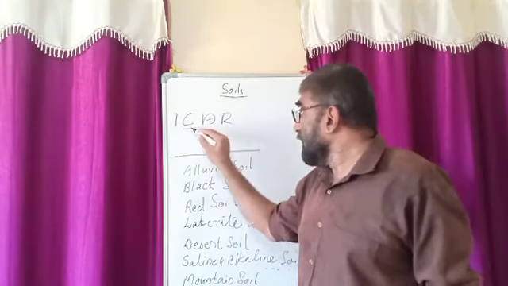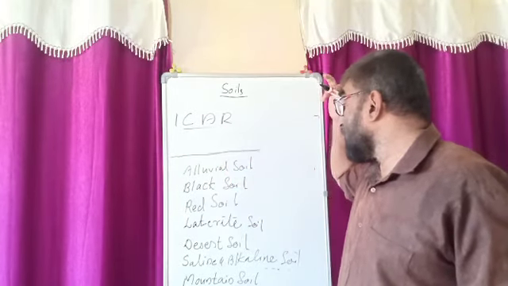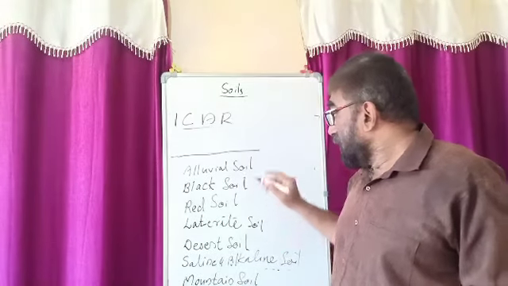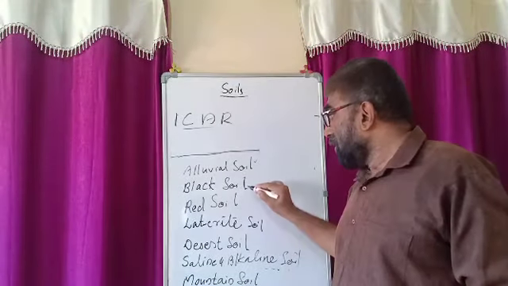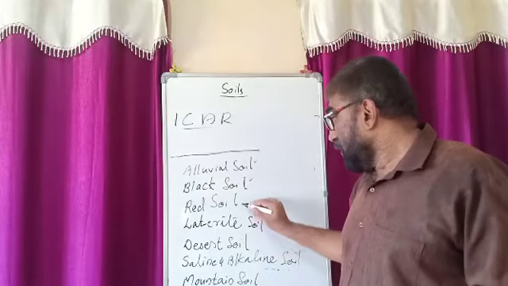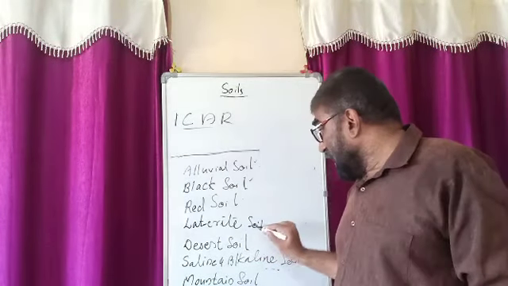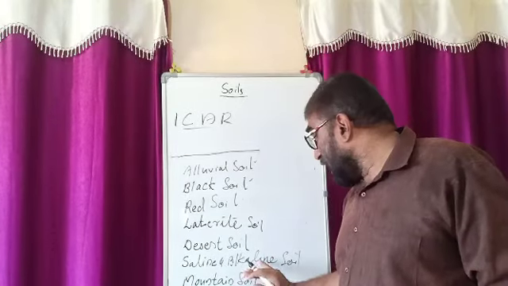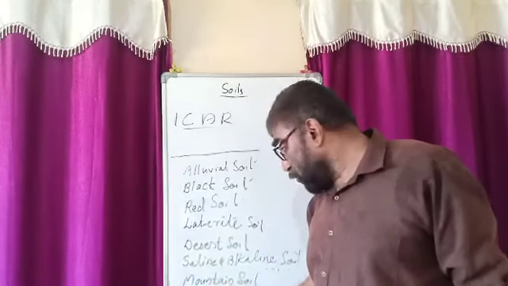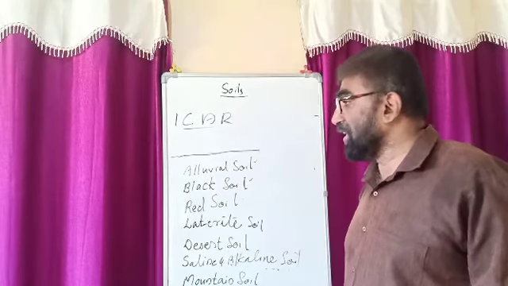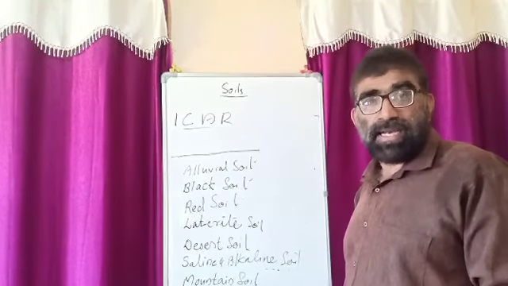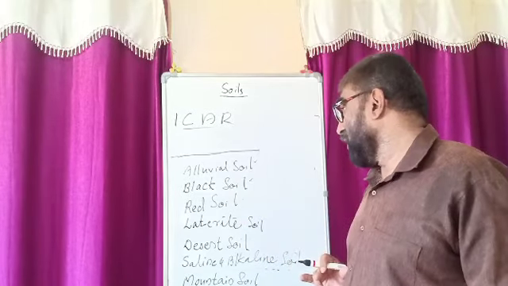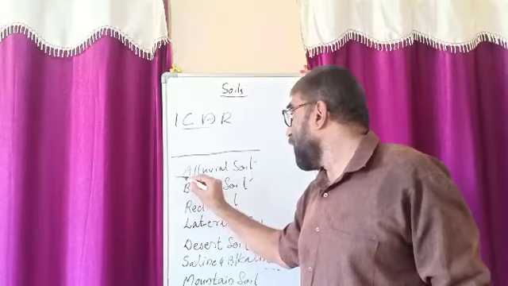Okay, ICAR, Indian Council of Agricultural Research, classified the soil into 8 major groups: alluvial soil, black soil, red soil, laterite soil, desert soil, saline and alkaline soil, mountain soil, and marshy and peaty soil. So these are the different types of soil found in this subcontinent. First we will discuss the alluvial soil,